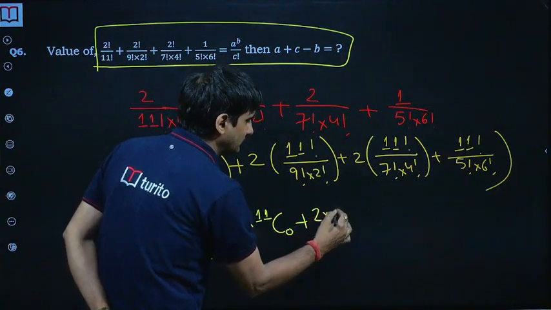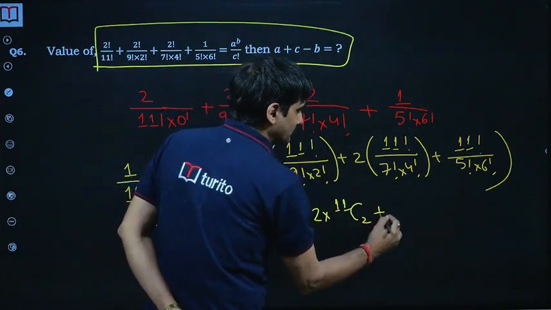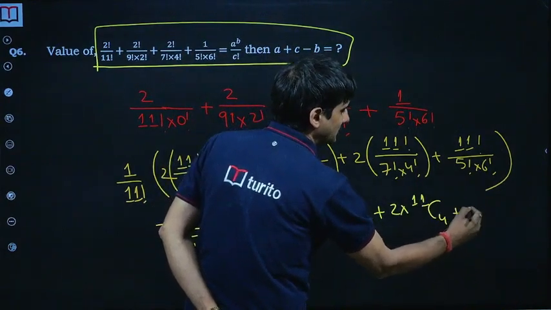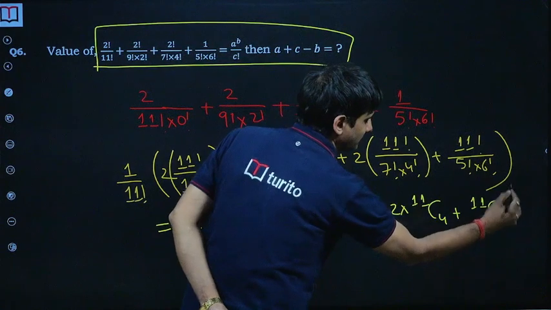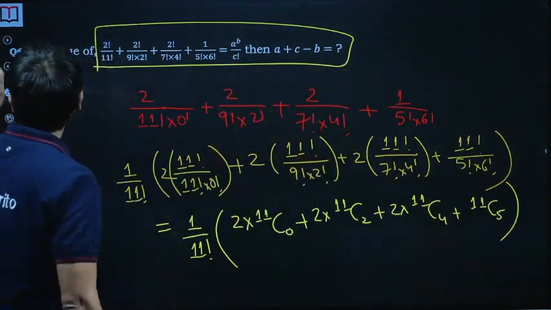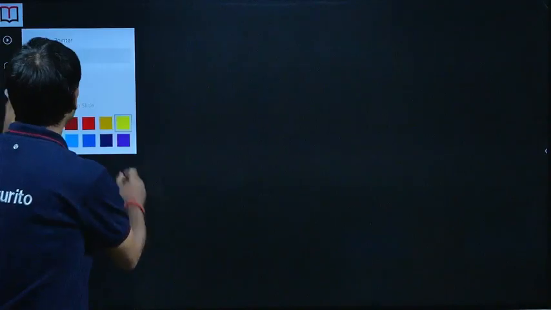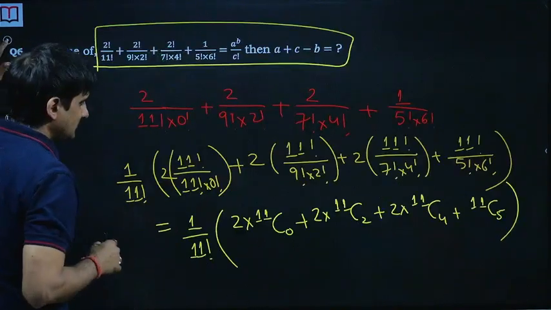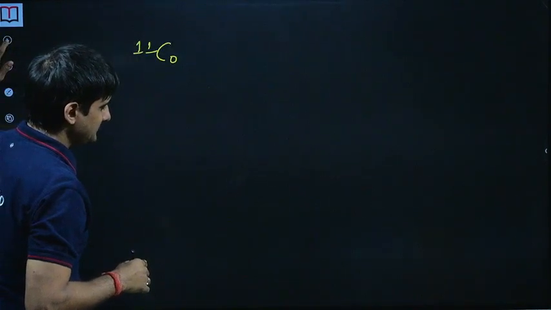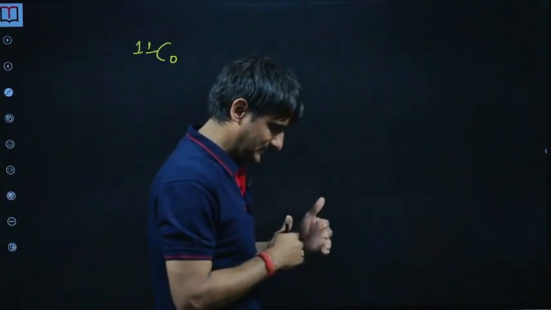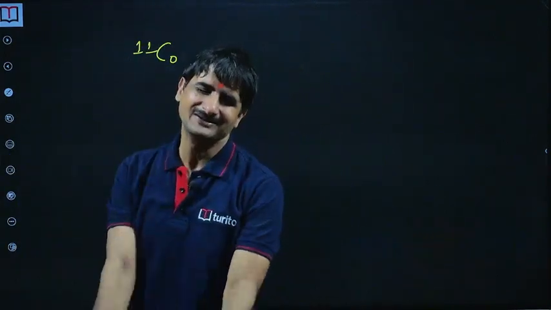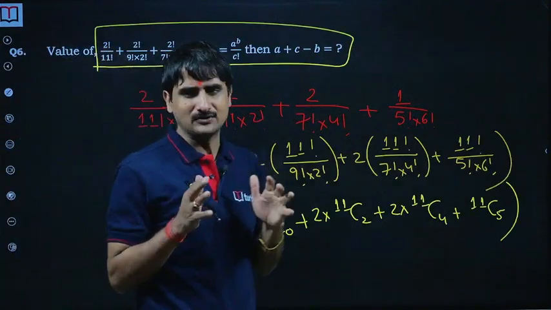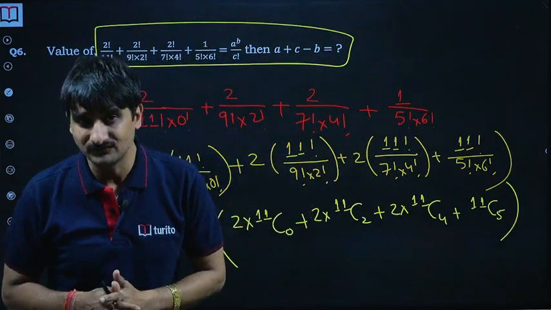So 2 into 11C2, 2 into 11C4, and then 11C5. Okay. So now what I can write here is, it got a bit messed up, I think 11C0, okay, plus 11C2 plus 11C9. Neither we will get all odd nor all even. I am really sorry. The point was to use that property, the sum of all binomial coefficients is equal